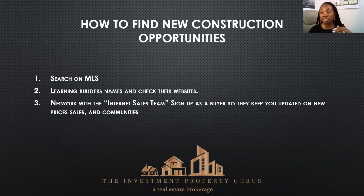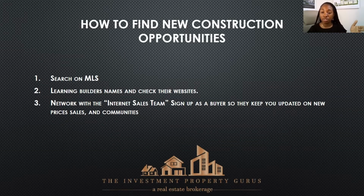The internet sales team is always going to have more information about that new and up-and-coming community than I would, because obviously I'm not focused on that. And they're also going to know who's going to sell that community before we even know. I could find out tomorrow the community that I'm going to sell, but the internet sales team will probably already know that. So what I would do is sign up as a buyer